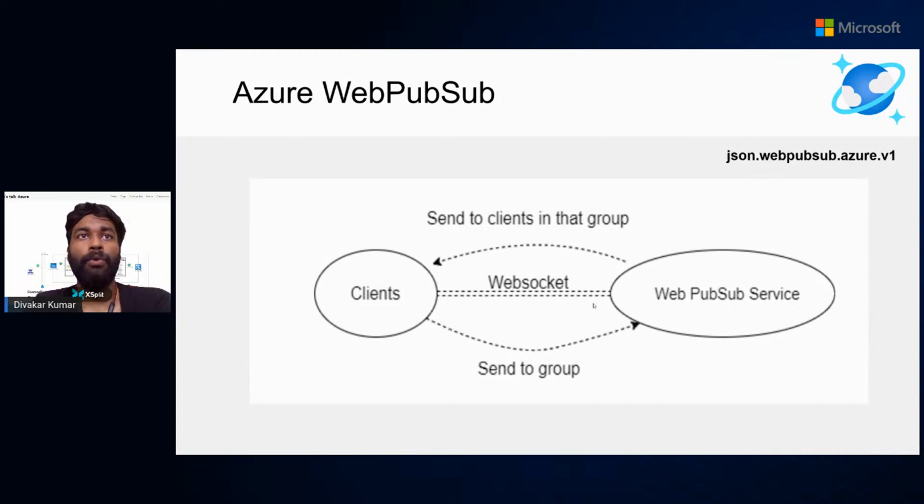That is also possible. So we considered both of these scenarios in our application, which we will see in a bit. The way to do that is using the sub protocol that you can see here. It is json.webpubsub.azure.v1. This is a sub protocol that you need to mention whenever you are initializing this WebSocket within your JavaScript. Once you have done this step, you will be able to interact with the Web Pub-Sub service directly from the client without having an intermediate server in the middle.